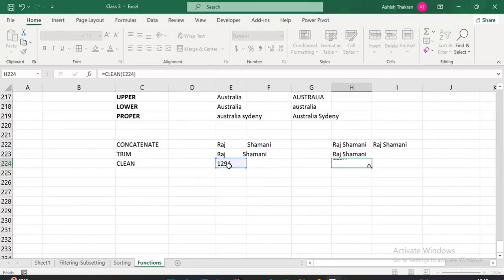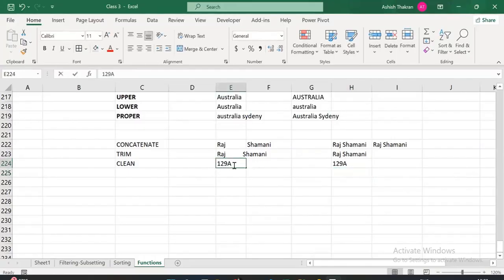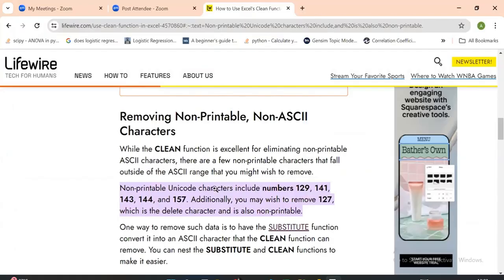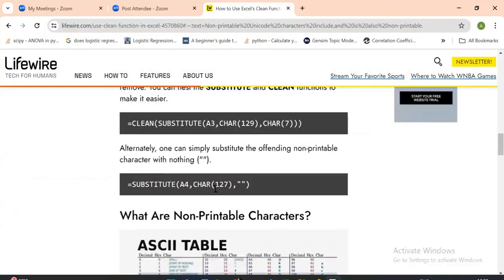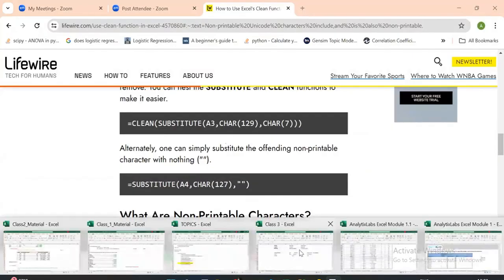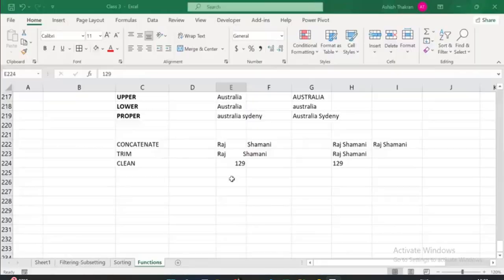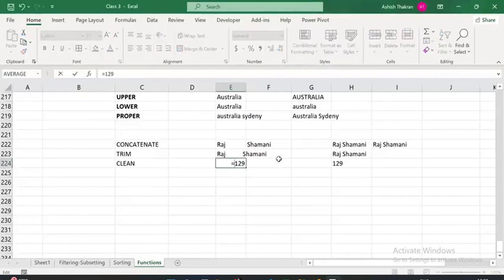then if I just remove A, then it is just converting the numeric to text. How is it removing the non-compatible? How will I form it into the ASCII? Let me check one second. If I say cat,